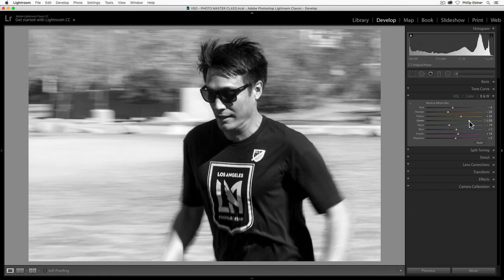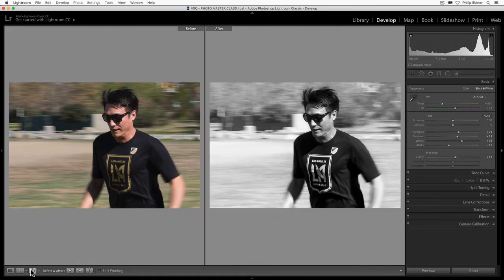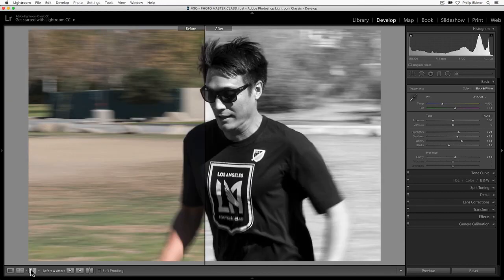Let's look at the green. There's a little bit of green in the background. Again, bringing up that exposure just a little bit. Looks pretty cool. And so that's a way you can fine-tune specific colors. We can see the before and after just to show you what the work we've done. There we have the before and after.